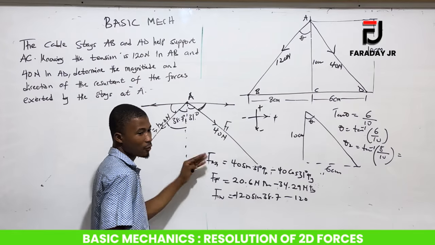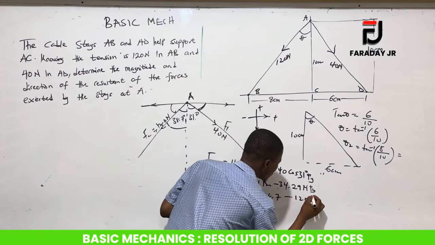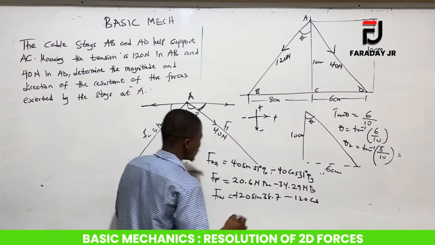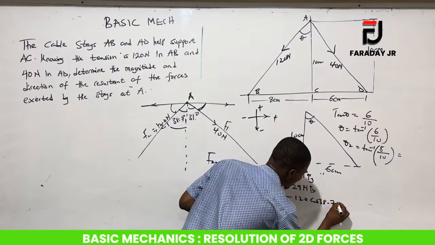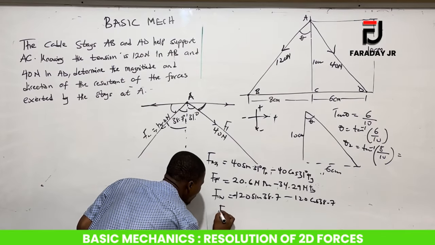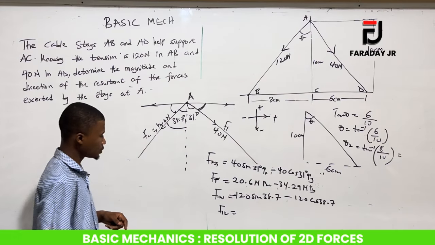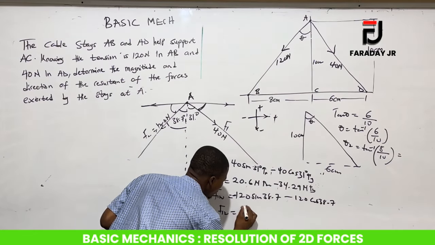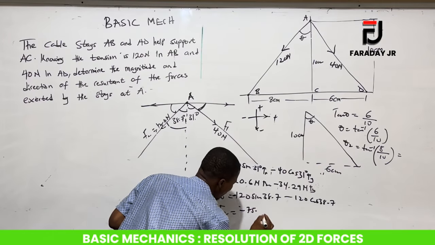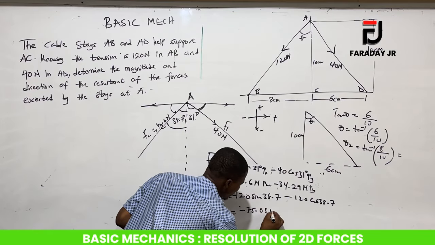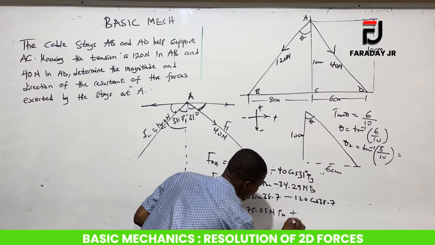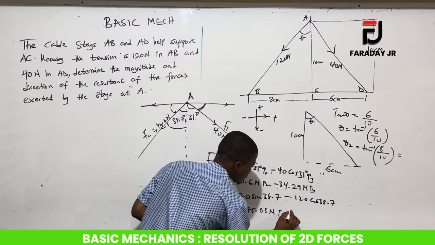We know the angle to where we are going, so cos 38.17. So the 120 force will give us negative 75.03 Newton Ix minus